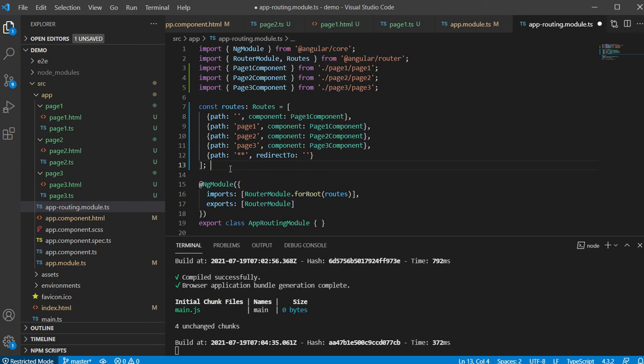Well, don't worry, I am explaining line by line. We are saying if you have defined no path, by default which path will work? So that means it is blank. Path is blank, no path has been mentioned. Then it will go to page 1 content, page 1 component by default.